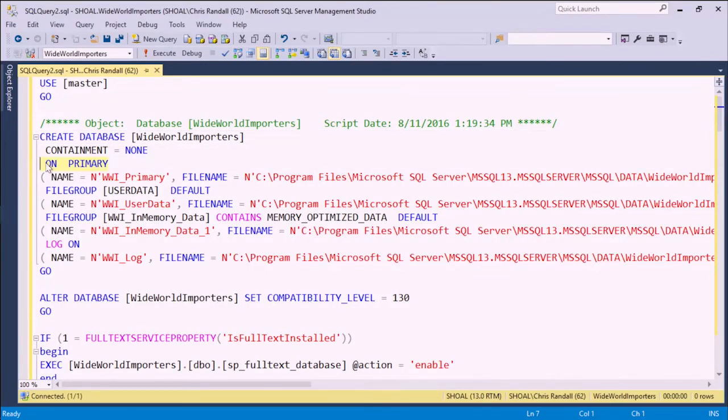Then there's a setting here for what file group it's going to be using. This is going to be one called user data. We'll talk more about that in a more advanced course. But the key thing here is that we're specifying that this database has a file that we're going to give a nickname, or a logical name, of WWI primary, and the actual file is going to be located in my file system. Now that is a default location,